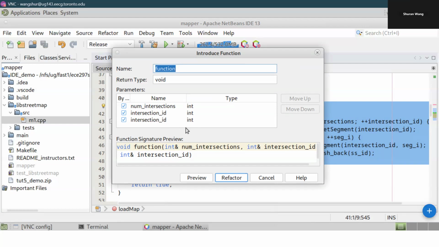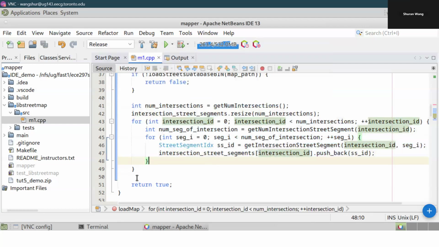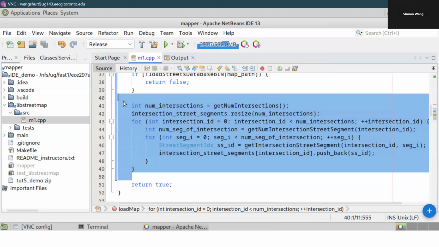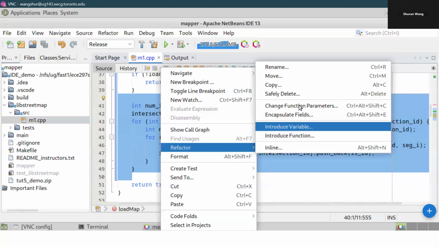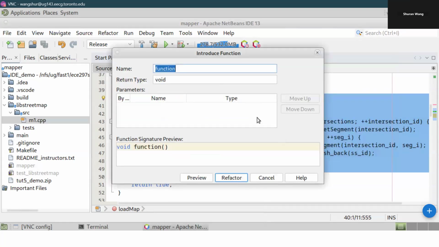And this is actually doing more than we want, so. Introduce function. Yeah. We want to check that we actually are not going to get any parameters. The return type is void. We name this function